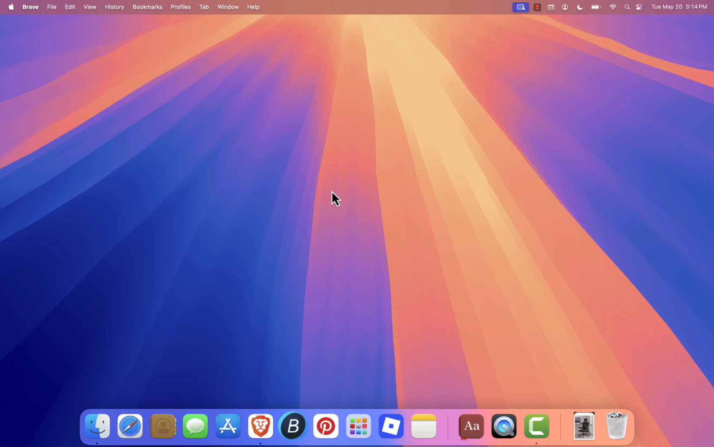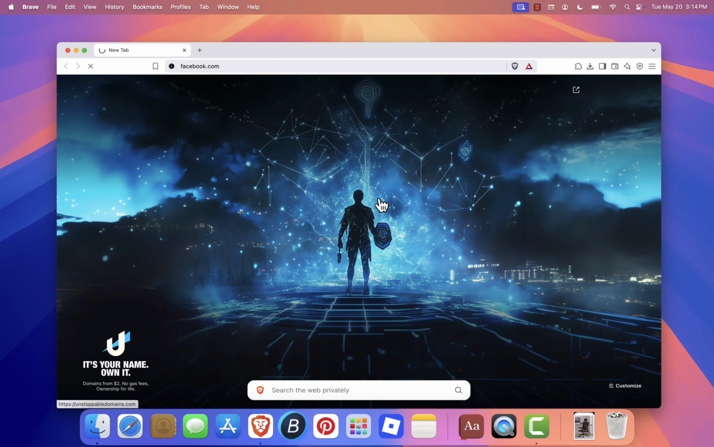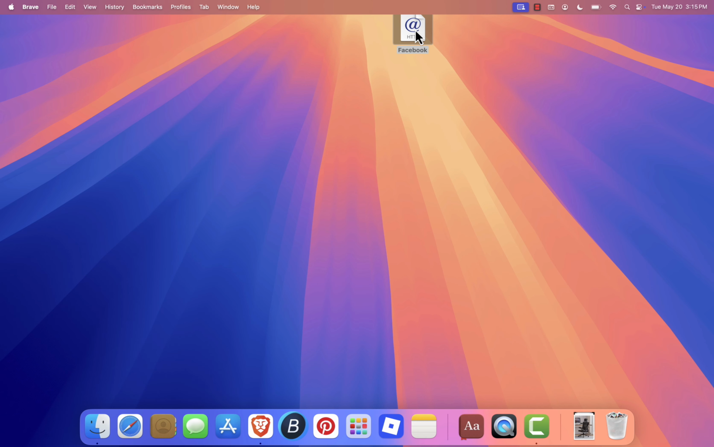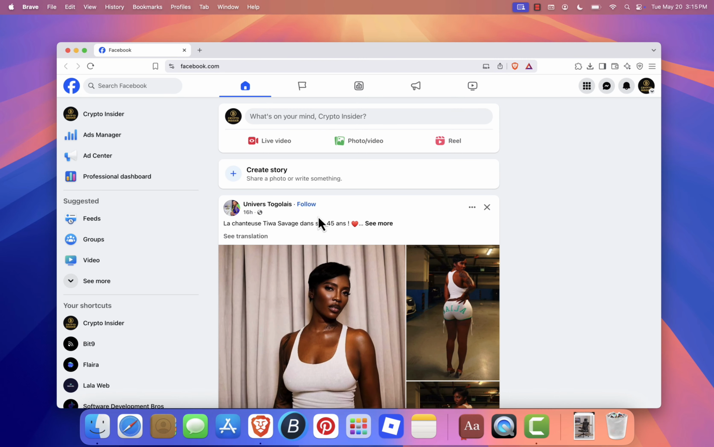Let's get started. First open your web browser and go to Facebook. Once the page loads, click and drag the URL from the address bar to your desktop. This will create a shortcut to Facebook. Now, if you double-click this shortcut, it'll open Facebook in your browser, but let's make it look more like an